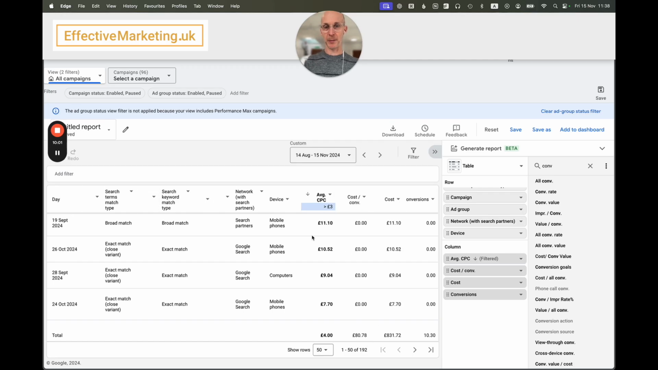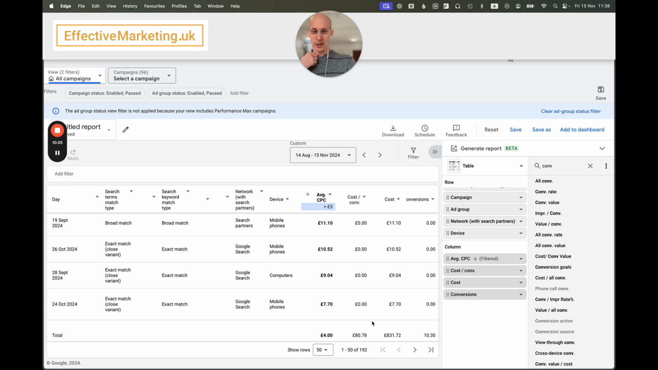Now, you can cap CPCs, of course, if you're using manual bidding, but if you're using automated bidding, you can use portfolio bid strategies, and there in the advanced options, you have the option to cap your CPCs at a certain level. So this might be something I experiment with in this account, capping it at £3 and seeing if that does indeed result in